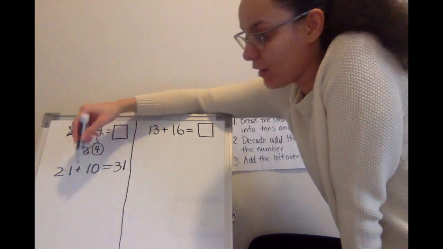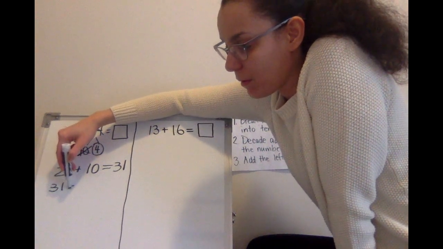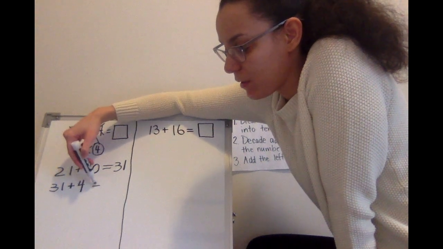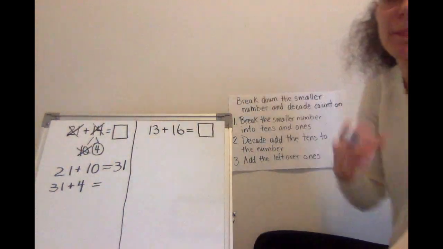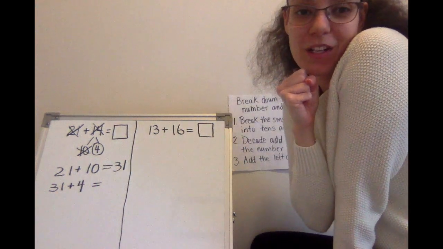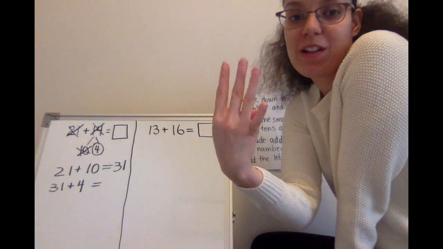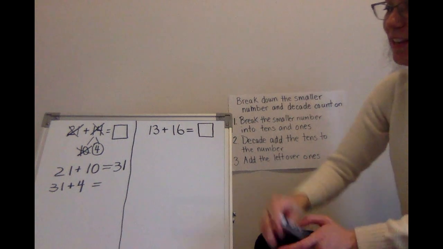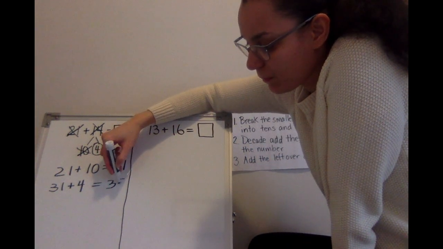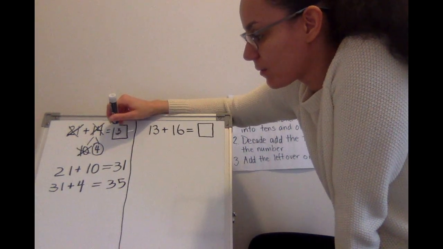So now we rewrite 31 plus 4 equals what? Let's grab 31. Count up 4. 31, 32, 33, 34, 35. So that means 21 plus 14 equals